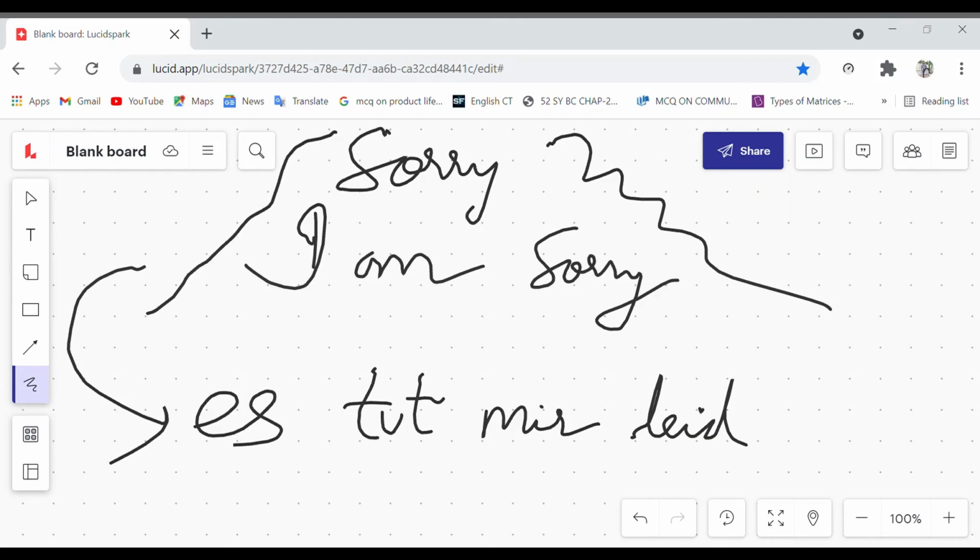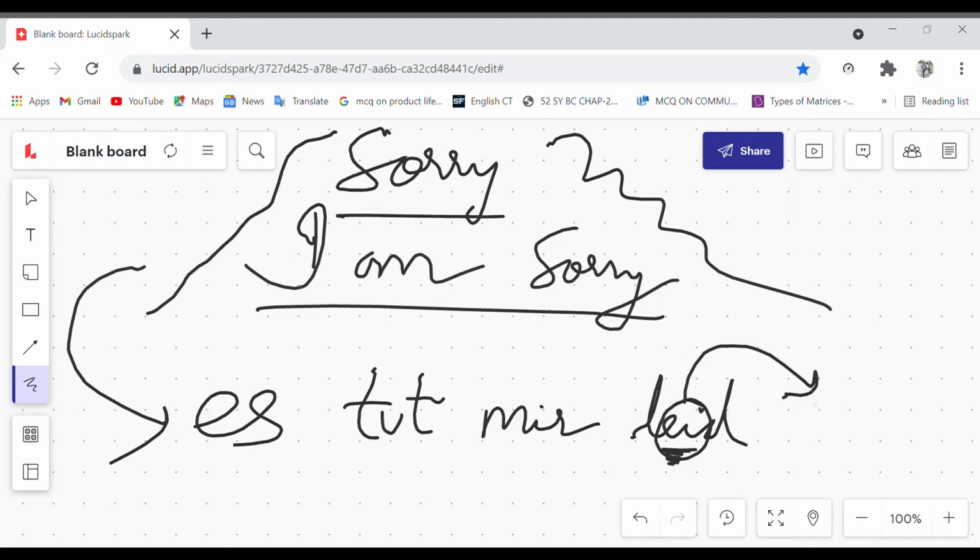When you are telling sorry or I am sorry to anyone in German, it is said as es tut mir leid. This part generally has some tricks which I will tell at the end.